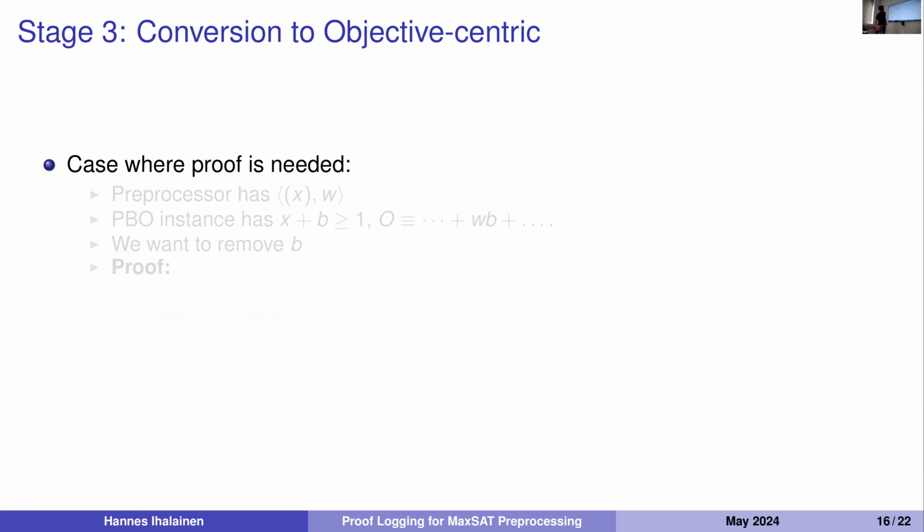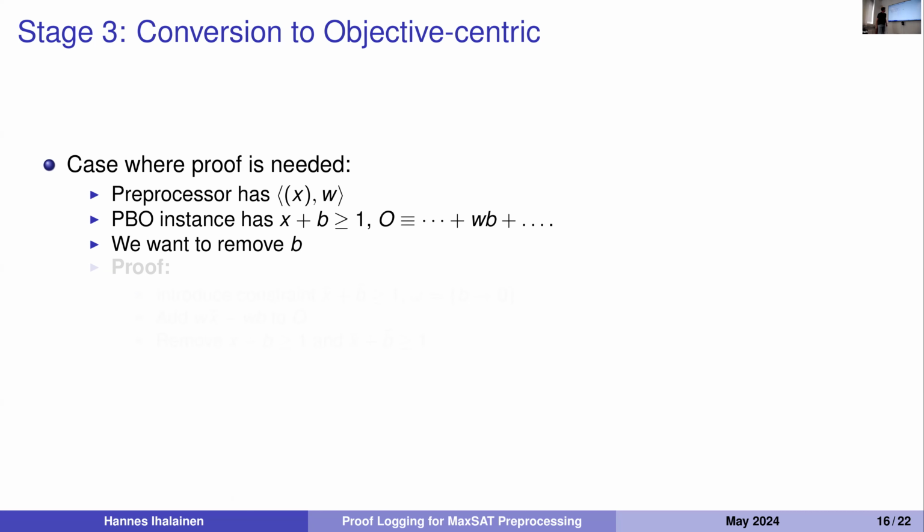So that was the example of what we do in the first phase. Then the conversion to objective-centric. Otherwise, we don't really need to prove anything at this point. We just add the objective's new variables and add some mapping so that we know which MaxSAT variables correspond to which variables in the proof. But there's one case which is different. We might end up in a situation where the preprocessor has a unit clause that is a soft clause, but on the proof side we have a constraint